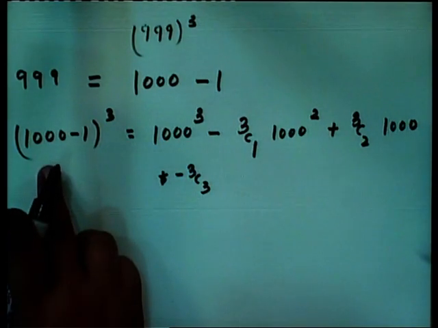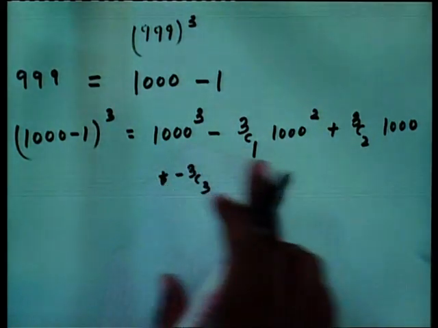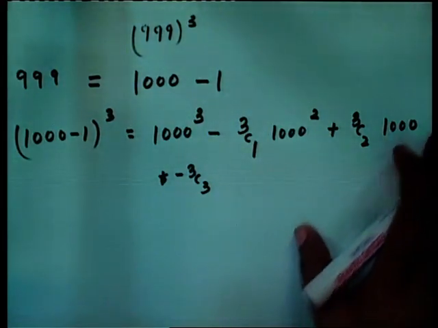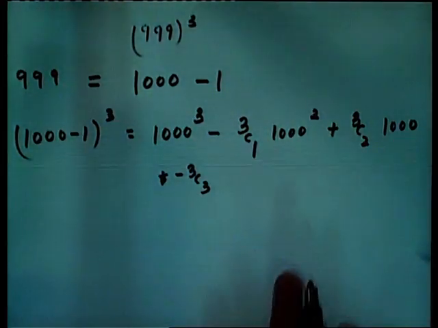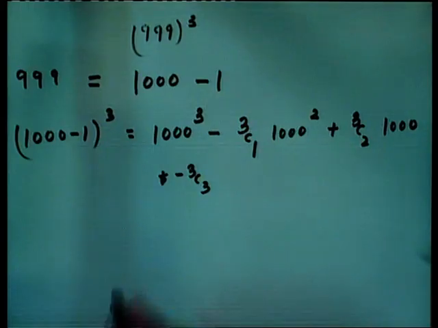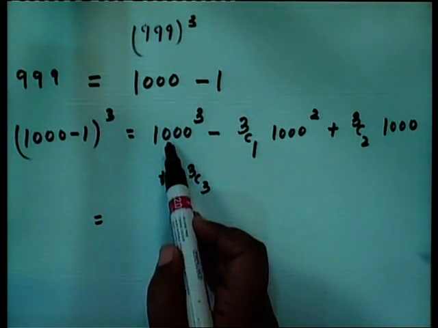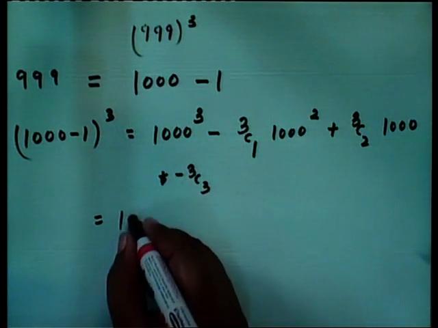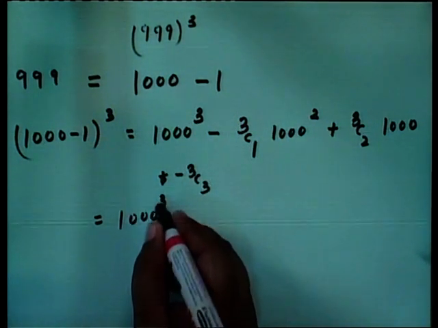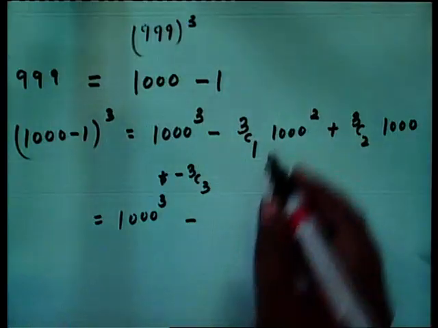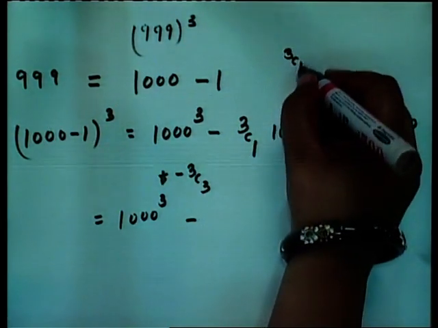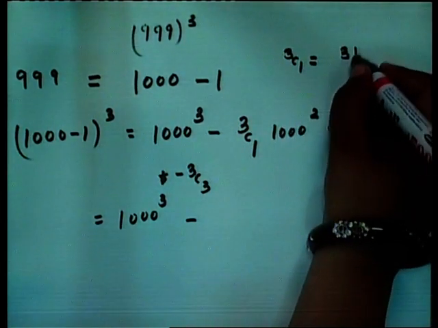So the powers of 1000 are decreasing: 1000 cube, then 1000 square, then 1000 raised to power 1, then 1000 raised to power 0, that is 1. So what will be this? Now what is this? This is 10 raised to power 3. Okay, so this becomes 1000 cube. Now what is 3C1? So see, 3C1 is equal to 3 factorial upon